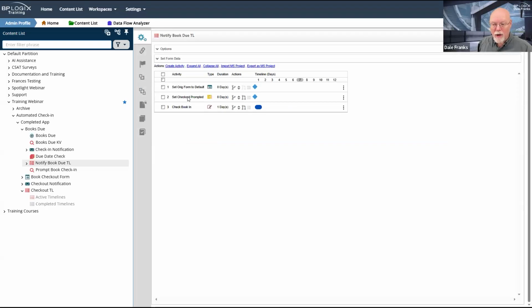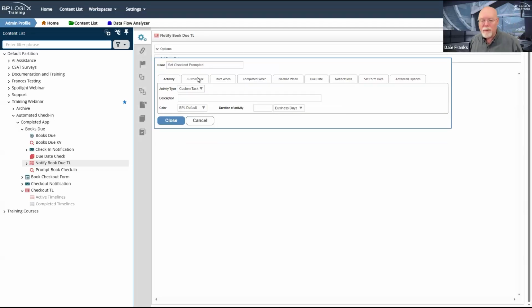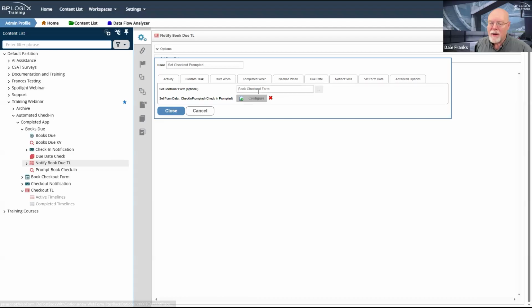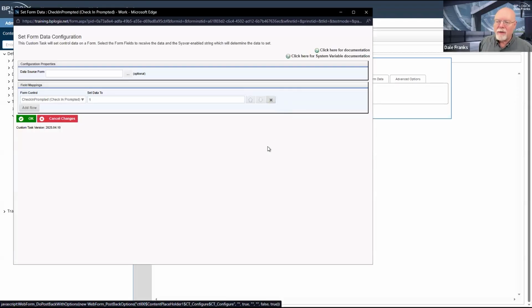Second thing we are going to do is to set the checkout form that it's been prompted. So this is going to be a custom task timeline activity. And we're going to set the container form for the book checkout form. That's cool because the book checkout form, the original one, is now our primary form, our default form for the timeline. And we're just going to call set form data.